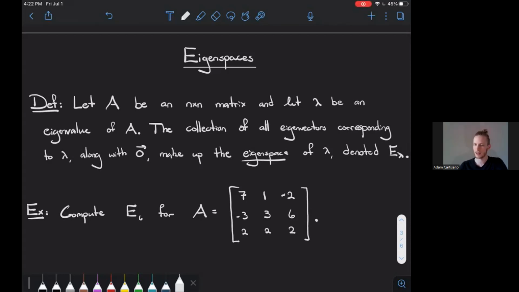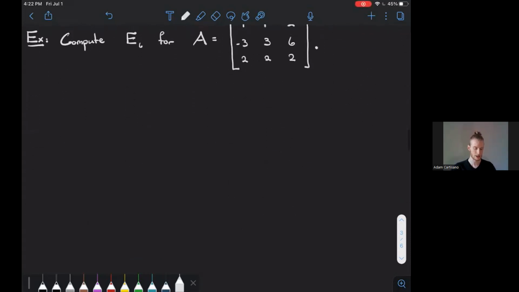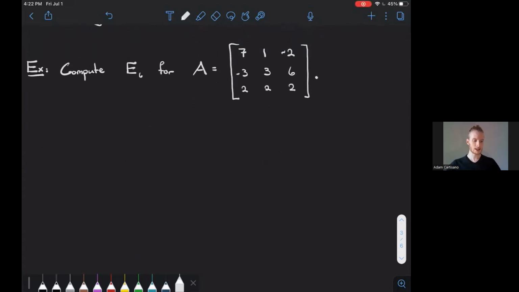That's fine. It's just that that vector is not an eigenvector, but we include it so that we can make an honest subspace. And sure enough, these things make up an honest subspace every time. So let's go and compute E6 for this 3 by 3 matrix. Yep. So computing E6,